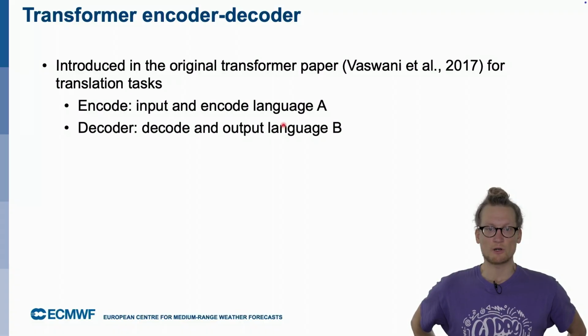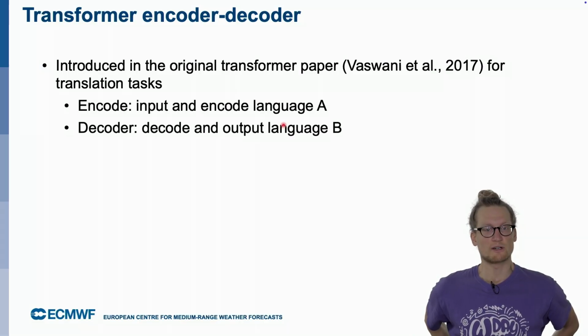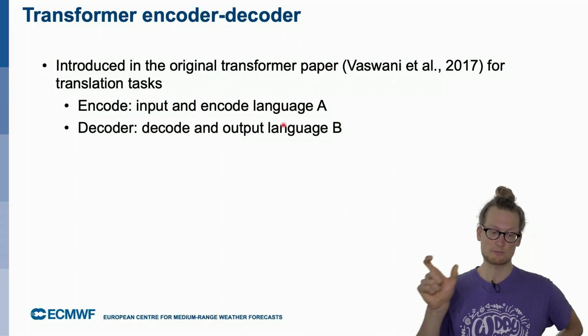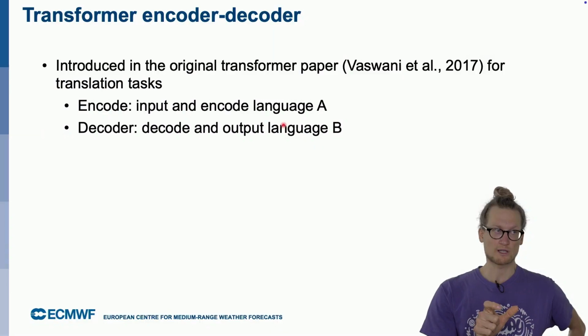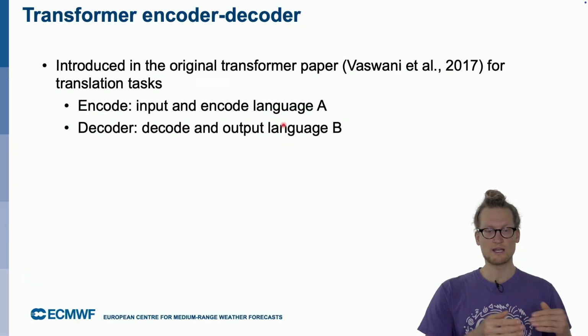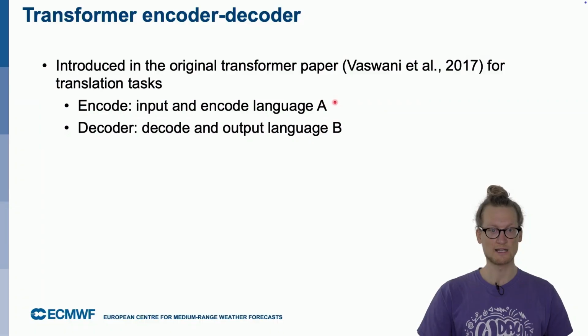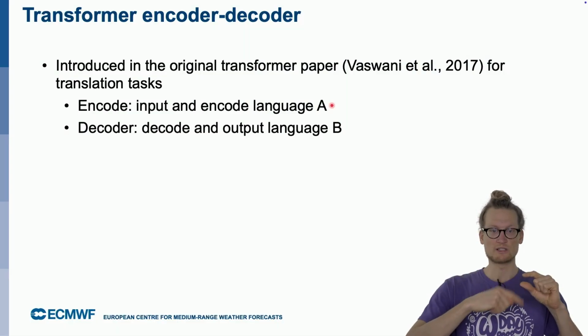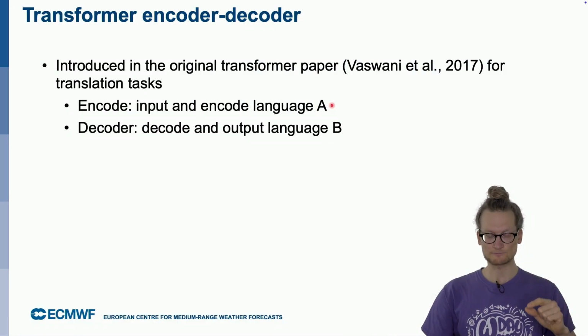Now, originally, what transformers were designed for is another pretty powerful mechanism. They can't only operate on a single kind of quantity or entity. You can also cross different entities with each other. For example, you can do language translation very seamlessly. You encode language A, and then you take the decoder to decode from the latent representation an arbitrary language B.